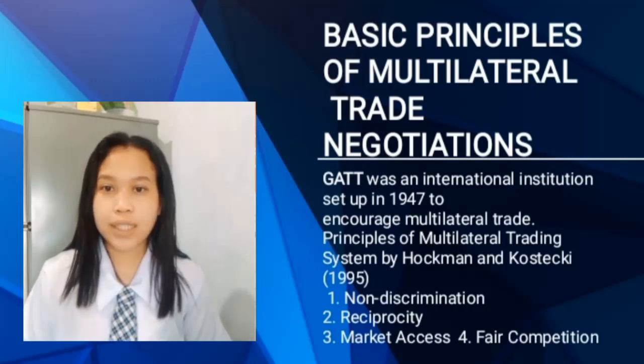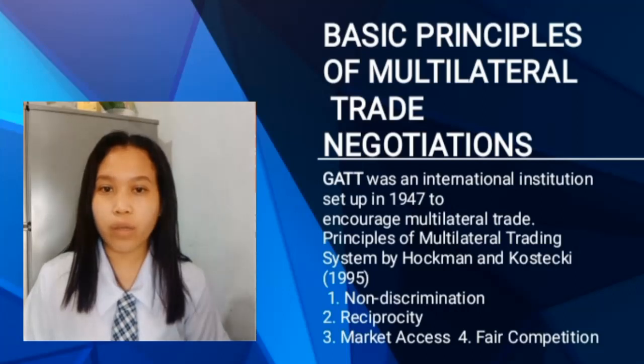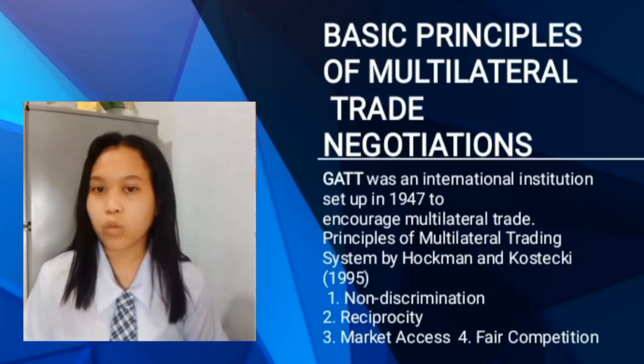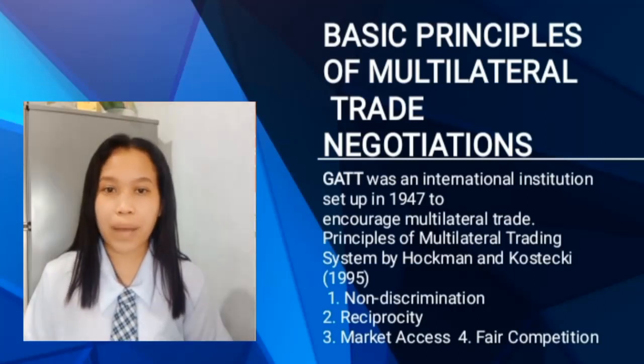So first, GATT. GATT was an international institution set up in 1947 to encourage multilateral trade. So the GATT will always be remembered for conferring upon the world trading system a multilateral character, as also for making world trade more restriction-free. The WTO has stepped into the same shoes with more vibrant measures. It will thus be worthwhile to explain what actually formed the basis for multilateral trade negotiations during the past 5